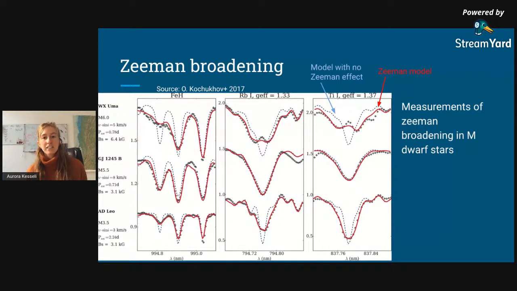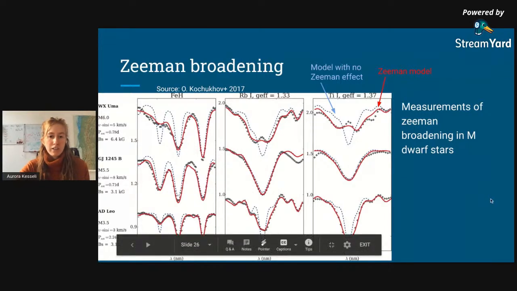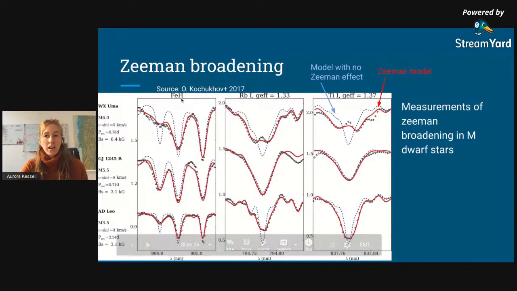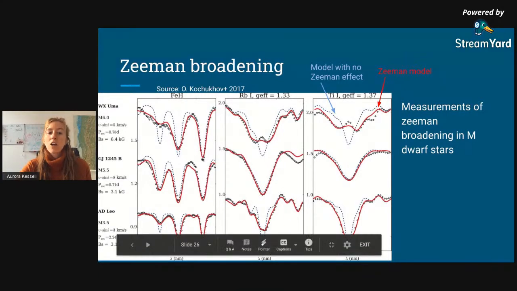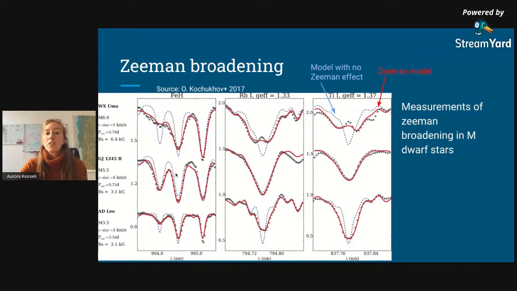And in practice, this is the best way that we have of directly measuring magnetic fields on stars. So here are some examples from a paper about measuring magnetic fields on M-dwarf stars. And some of these, so you can see here, this is FeH, this is iron hydride molecule. And some of the iron hydride lines are not sensitive to Zeeman broadening, where other iron hydride lines are sensitive